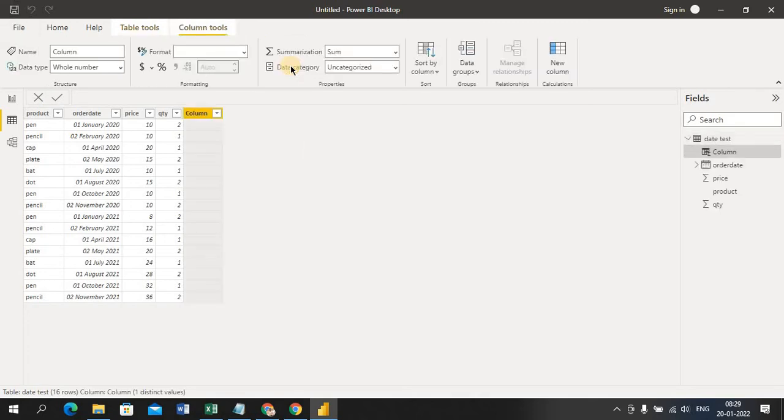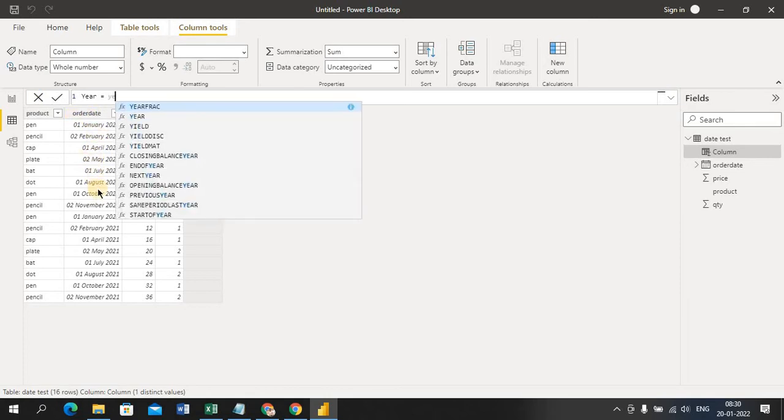I'm going to add one column. Give a name like year. Year equals to, so on which column are you going to perform? My date column is order date. So you are looking for the year from this order date. Give year, just select.